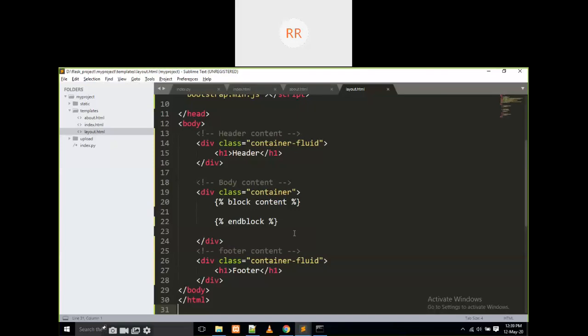I can write here. What is the color? I can write some color. Text hyphen warning.